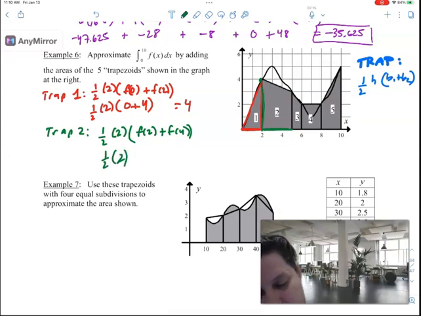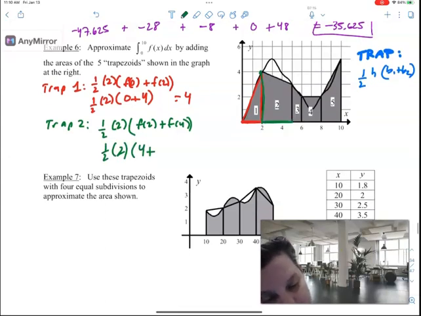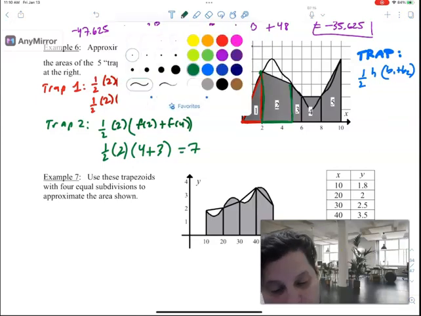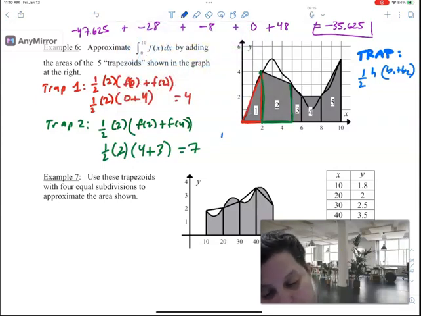So let's see. Plus, and then it's the height at 4, which is 3. So 1/2 times 2, so that's 7. So that's that trapezoid, right? And we just go through and we do all these trapezoids. So trapezoid 3